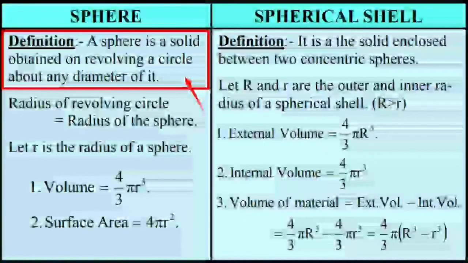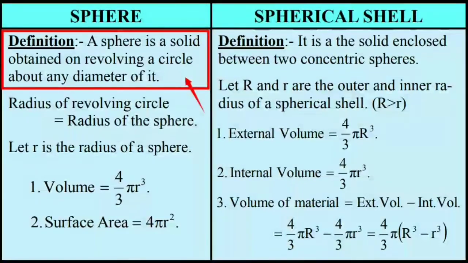A sphere or solid sphere. The definition says a sphere is a solid obtained on revolving a circle about a diameter of it. The meaning is, take a circular lamina and draw any diameter of that circular lamina and treat that diameter as the axis, and about that axis you rotate the circular lamina. You'll observe that a space is covered by that rotating circular lamina, and that gives the shape of a solid